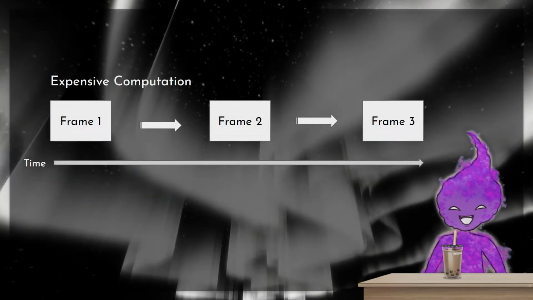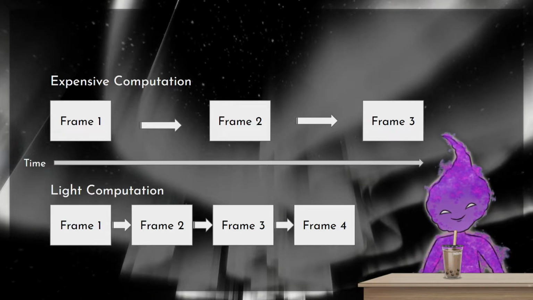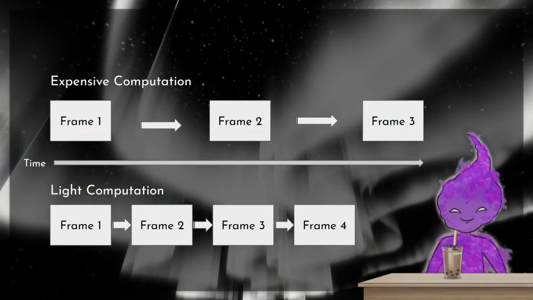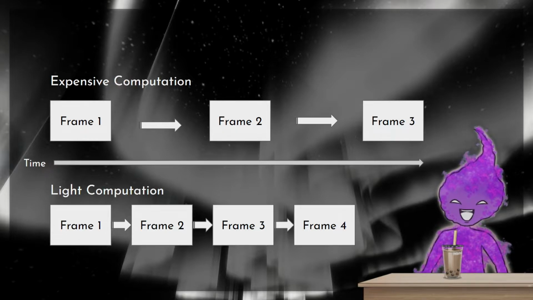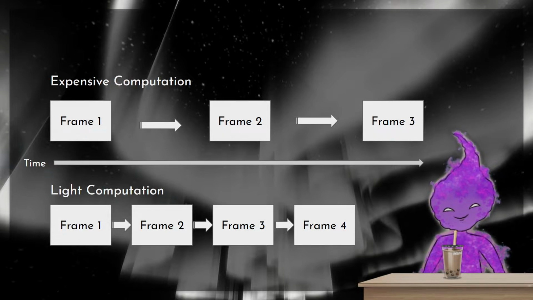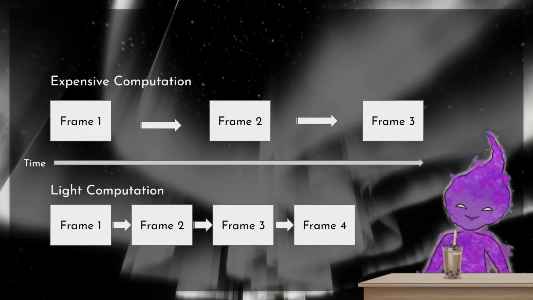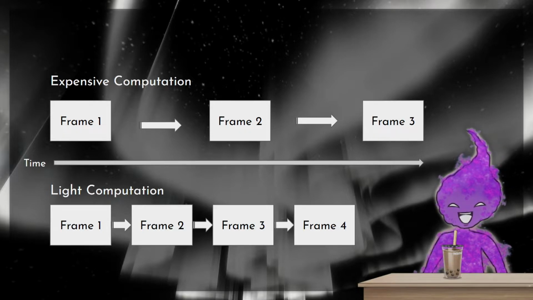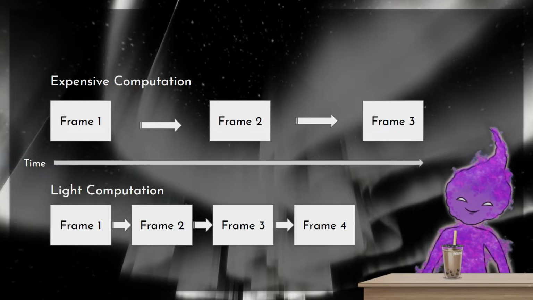If we are doing an expensive computation at a certain frame, then it will be likely for the next frame to wait longer to process. Therefore, the game might not achieve our preferred target frame rate. On the contrary, if we're doing a lighter computation at a certain frame, then the next frame will wait shorter to process. Therefore, the game can even have a higher frame rate. The shorter the wait time for the next frame update, meaning that the game updates more frequently and as a result, will display more smoothly.